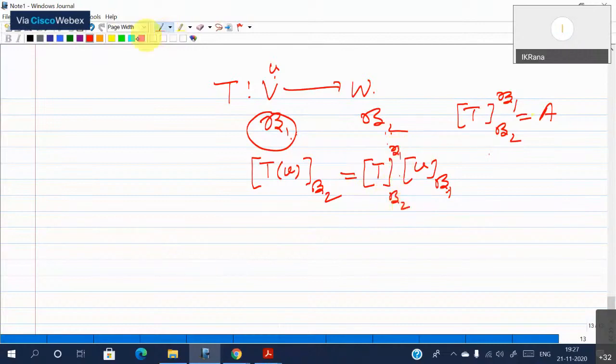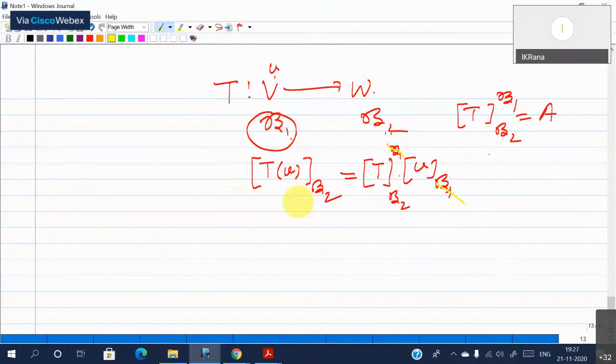See, again, you can see something nice happening. This is getting cancelled with this. Then T of B2, you are getting that. But sir, I'm saying that I have checked some examples, for R3 to R3, something like that. Why don't you do one thing? You write down whatever you are saying, and in the tutorial class, we can discuss the particular example. You are probably asking me to pinpoint where I'm making the mistake.